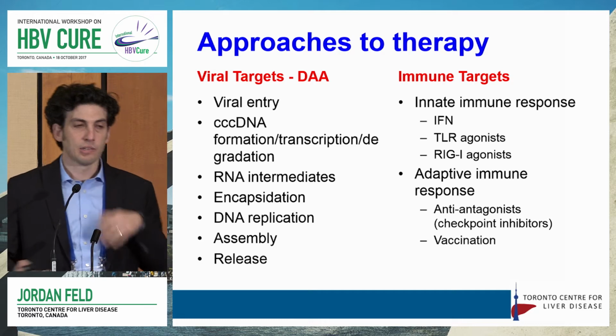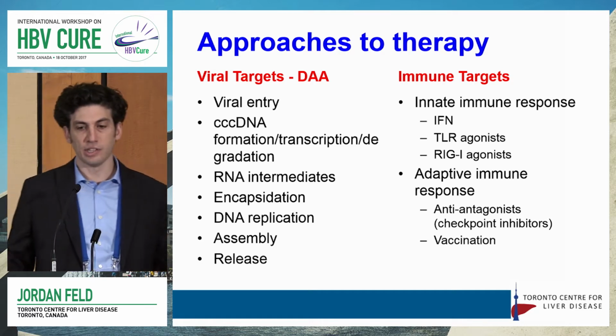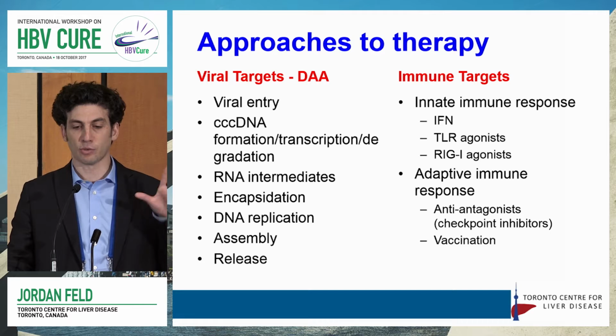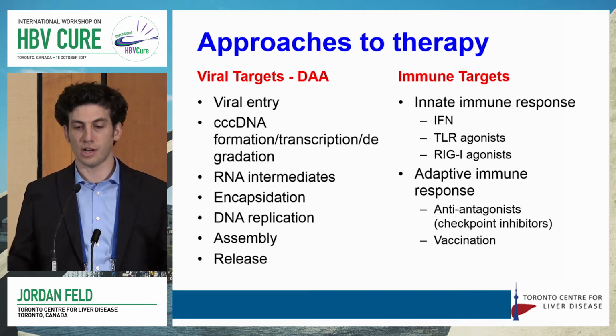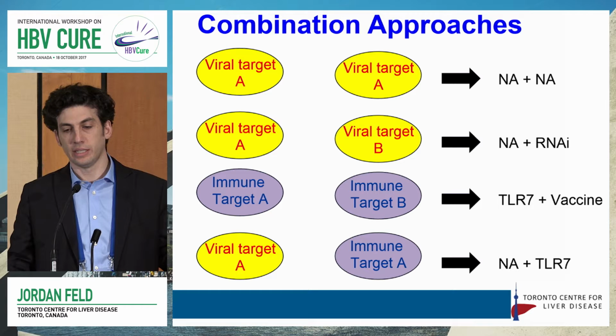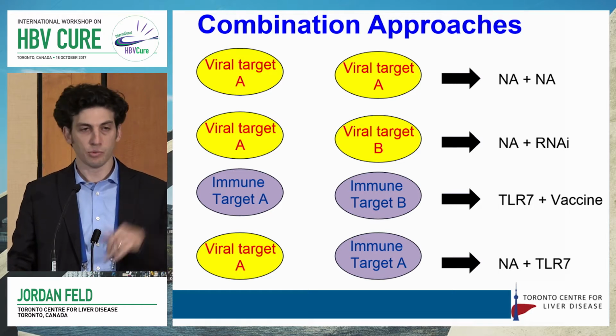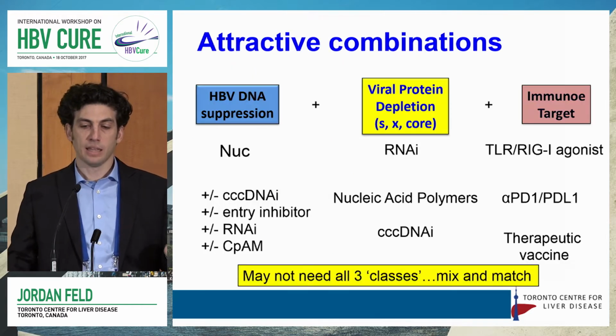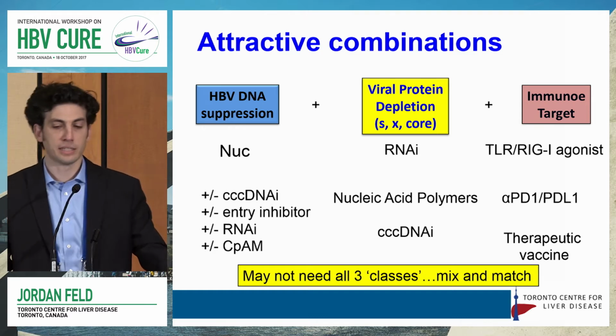So we've already talked about this long list of potential virological and immunological targets, and I'm not going to spend any time going through them, but just to show you that there are a lot in both categories. And in theory, you can combine different viral targets, different immune targets, a viral with an immune, and I've given some examples here. And this was actually the slide that I finished with last year where I said, you know,